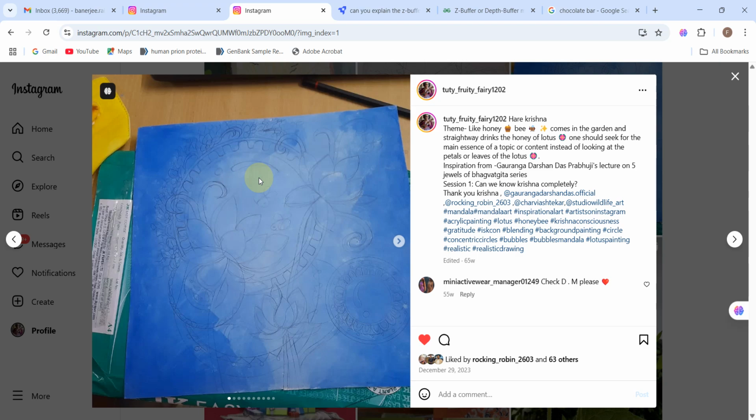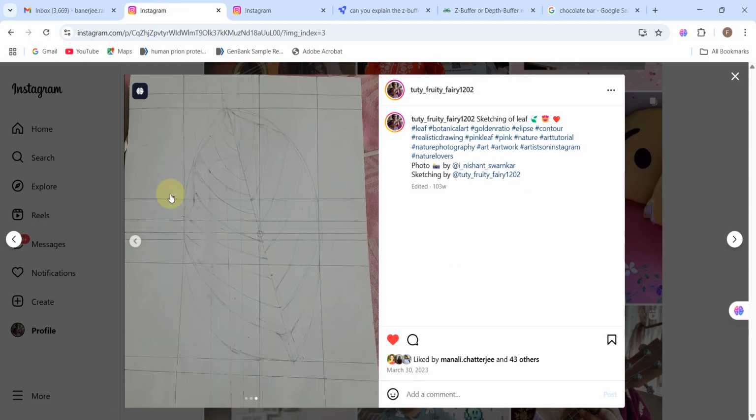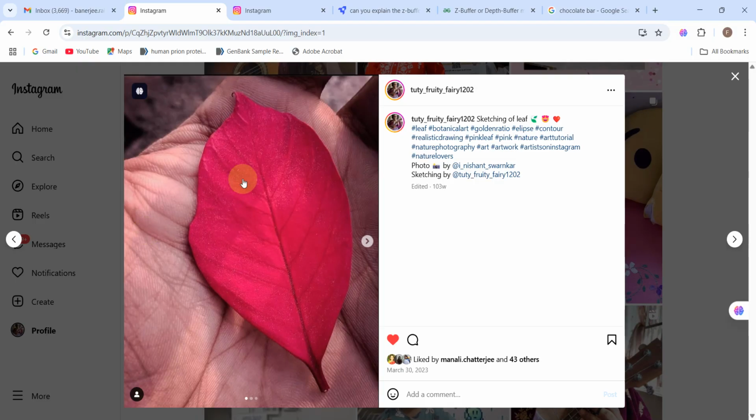So basically, if we understand that one plane is above the other plane, then the place where this plane is defined should be colored with the pinkish reddish color in this portion. Then when this boundary is over, this hand will be colored in the skin color.